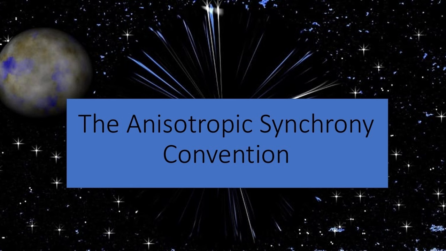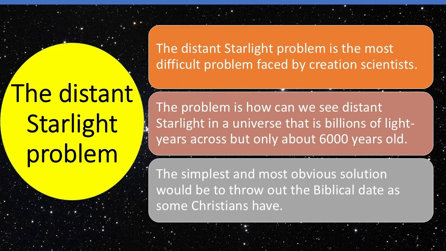the Anisotropic Synchrony Convention in special and general relativity. The distant starlight problem is the most difficult problem faced by creation scientists. The problem is, how can we see distant starlight in a universe that is billions of light years across but only 6,000 years old? The simplest and most obvious solution would be to throw out the biblical date, as some